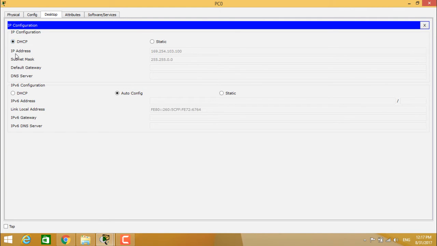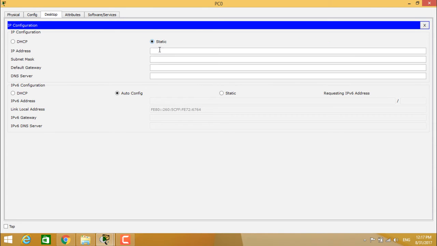So when we choose the DHCP, the IP address is auto assigned including the subnet mask, and the default gateway is also auto assigned, and you can see here the IPv6 configuration is auto configured. So you can change it to static and you can enter the IP address. Automatically the subnet mask will be auto configured here, and you can give the default gateway also,